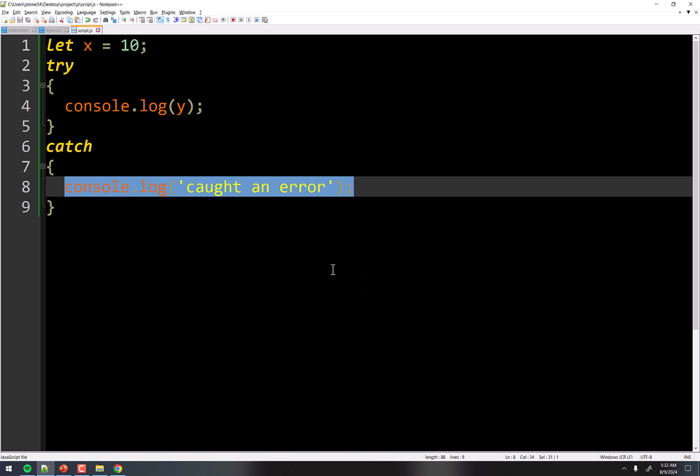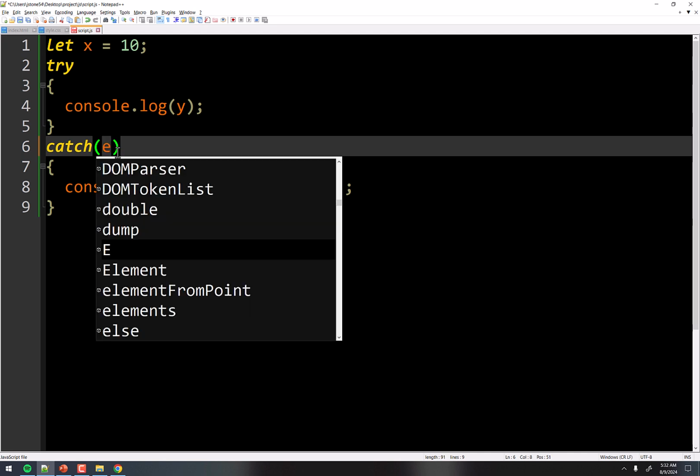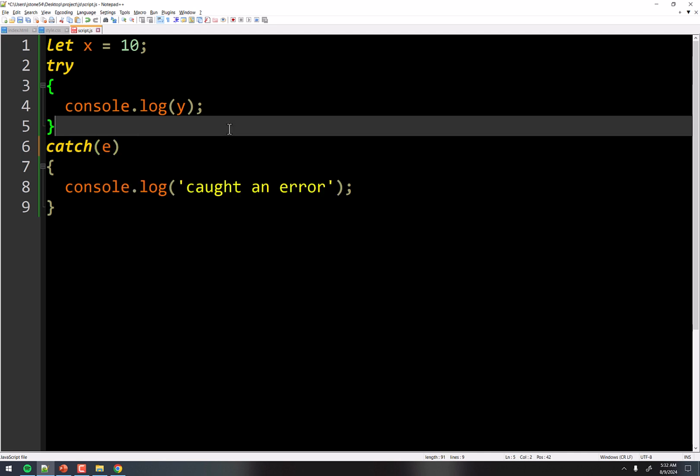Thing number one, when an error is thrown, if you put a parameter on the catch function here, you can actually catch the error object. There's an actual error object that's created. We will be talking about objects more in depth later, but we've already been exposed to them a little bit. Everything in the DOM is an object, and that's where we learn about this dot notation. Console is an object, and it has the .log. That's a function inside of the console object. So we are somewhat familiar with objects.